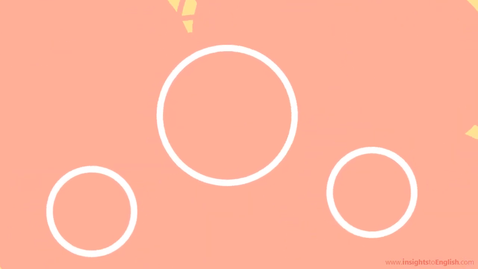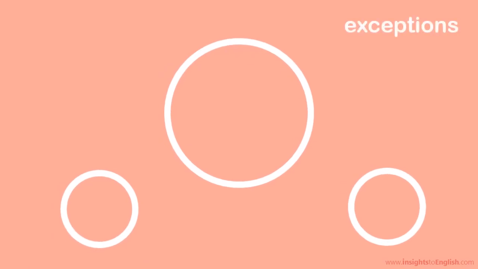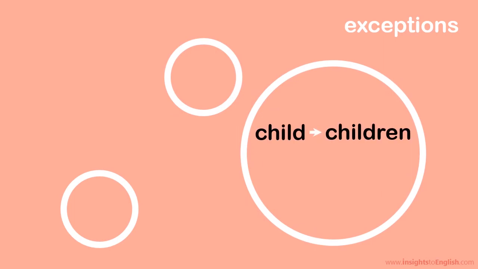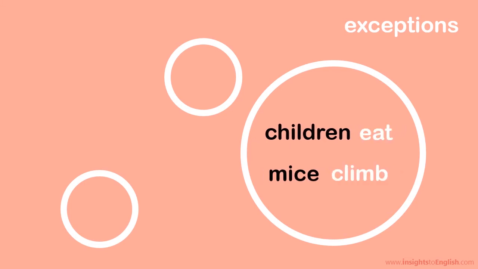Now, there are some exceptions. For example, verbs following first person and second person singular pronouns I and you don't need an s. So those sentences have no red s's. But they are correct. Also, keep in mind that some irregular plurals don't have an s at the end. 1 child, 2 children. 1 mouse, 2 mice. But since they are plural, the verbs that follow don't have an s either. So again, there's no red in these sentences.